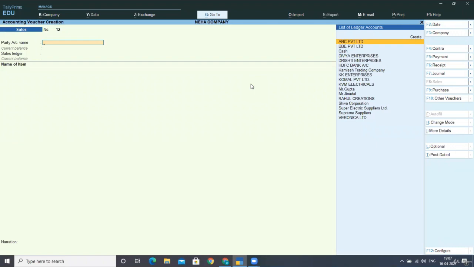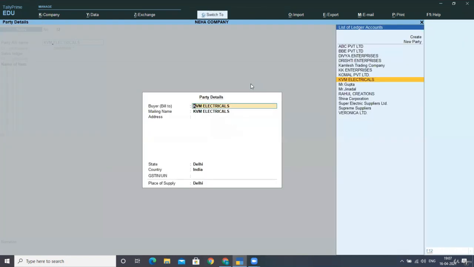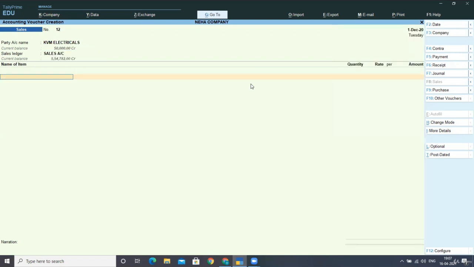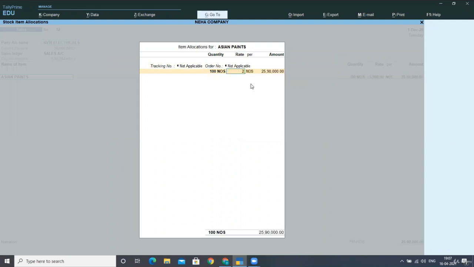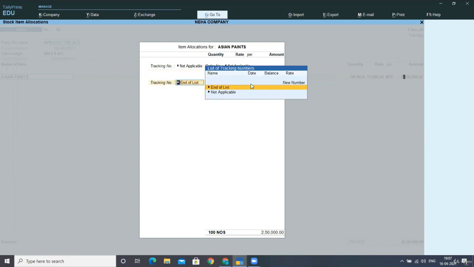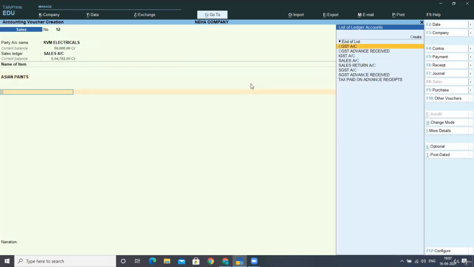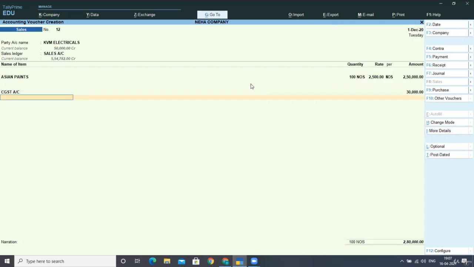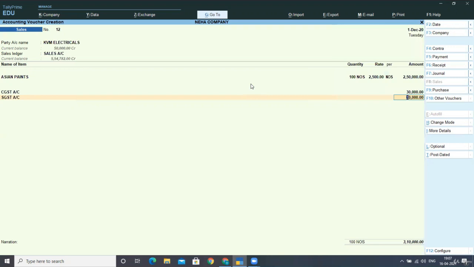So let's start with our sales voucher entry. Select here your party, that is your KVM Electricals. I'm accepting this screen, both the screens. Select here your sales. Now name of the item, I'm giving Asian Paints. Quantity is 100. I am giving here the rate 2500 per number. That comes to 2,50,000 rupees total. So here it goes under CGST, that is 30,000, and then SGST it will go under SGST again